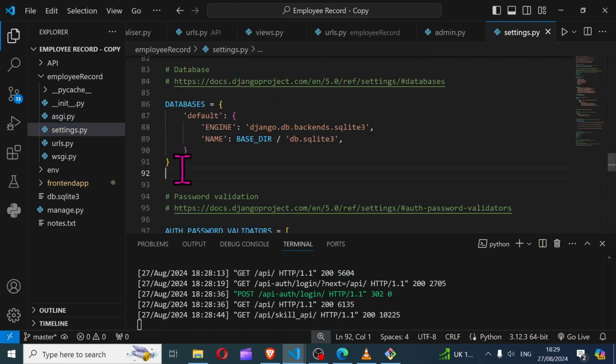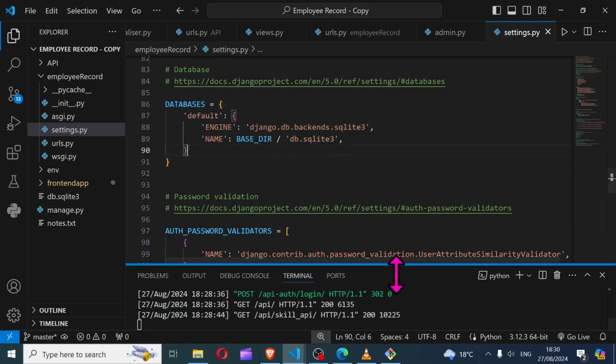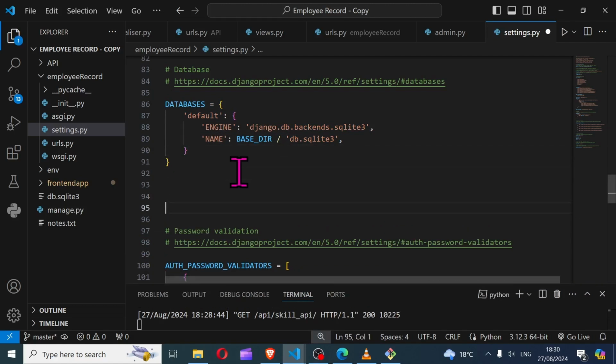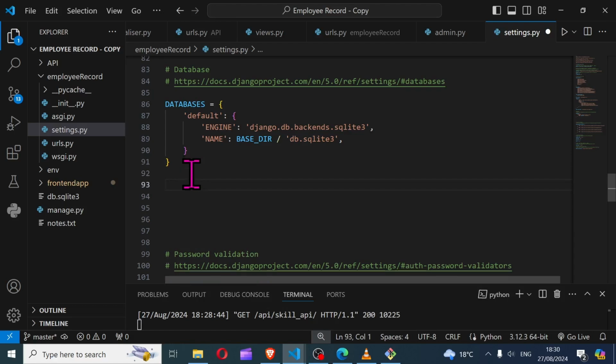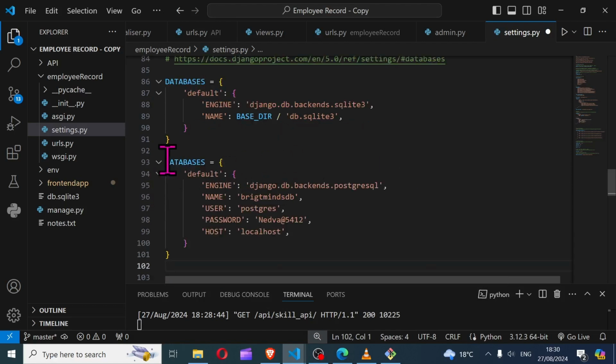This is it. By default it's using SQLite 3, but I'm gonna show you how to configure it for MySQL and also Postgres. Now, to configure this application to work with Postgres, you just need to do these settings. This is it, this setting. Instead of this configuration for SQLite 3, I can just comment this out. So engine is gonna be